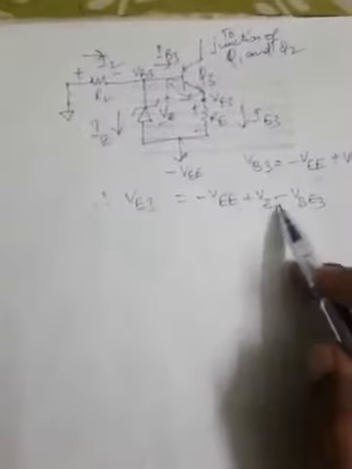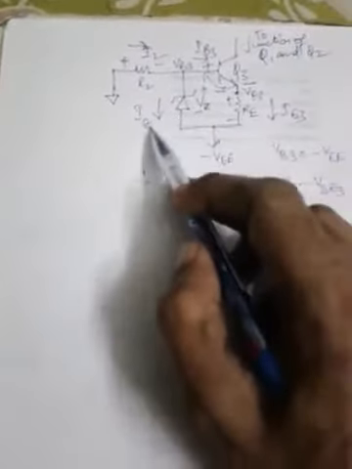Now through this path, this VE3 should be gone over this direction. So the direction of movement is the same. For VB3 it is this voltage plus this voltage across this Zener, along with the voltage across this base emitter junction, which is VBE3, and that should be negative. Why? Because of the polarity concerned. We are moving in the opposite direction of this current, so VBE3 should be negative.